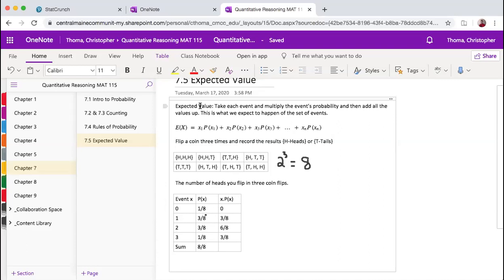Now, to find the expected value, I multiply these together like we did as we were going down the table, and then I add them up. Well, 0 plus 3/8 plus 6/8 plus 3/8 equals 12/8. And notice it's over 1. Expected value is not a probability. Expected value is what event you expect to happen. And 12/8 equals